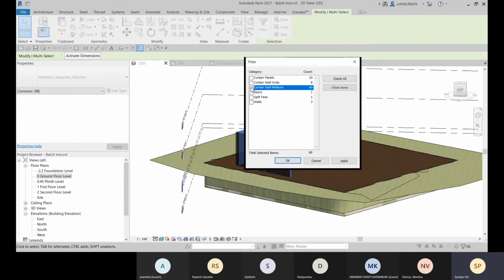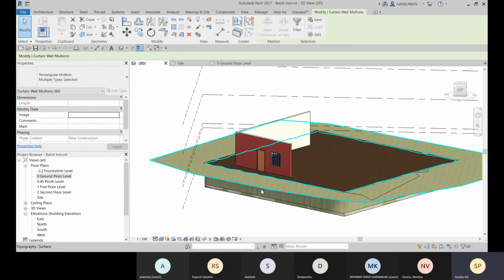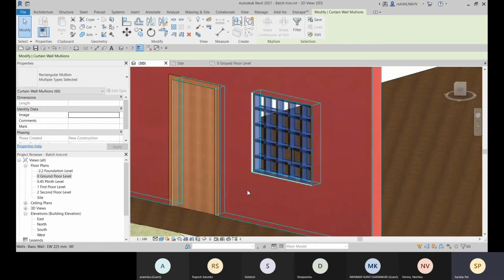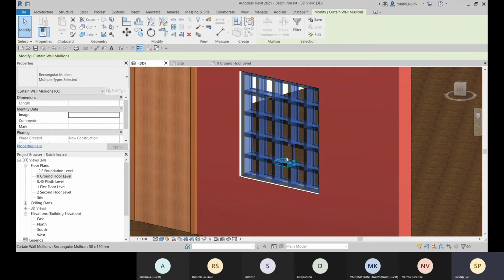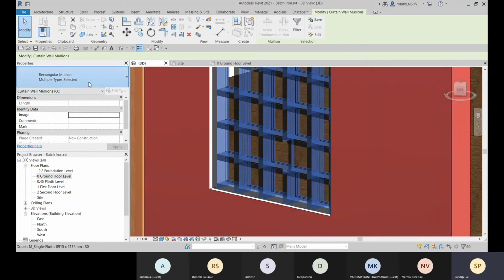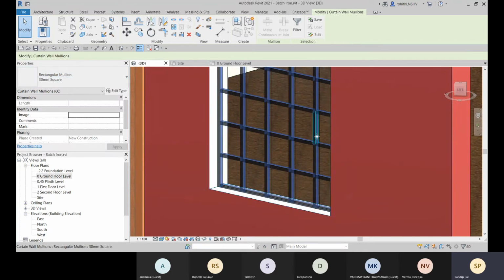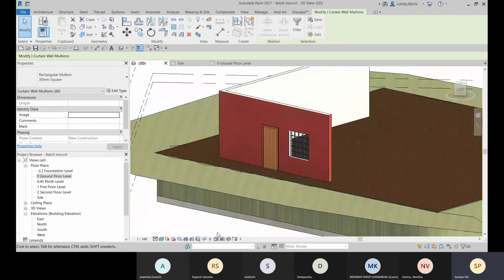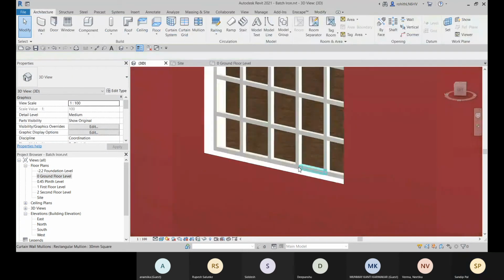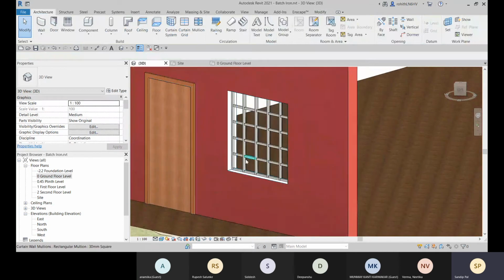Check none and just select the curtain wall mullions. This way you can filter it out, click OK, and you are only selecting these mullions. Now go to the type selector and choose the right type, and this is the right type. All right, so that is applied here.